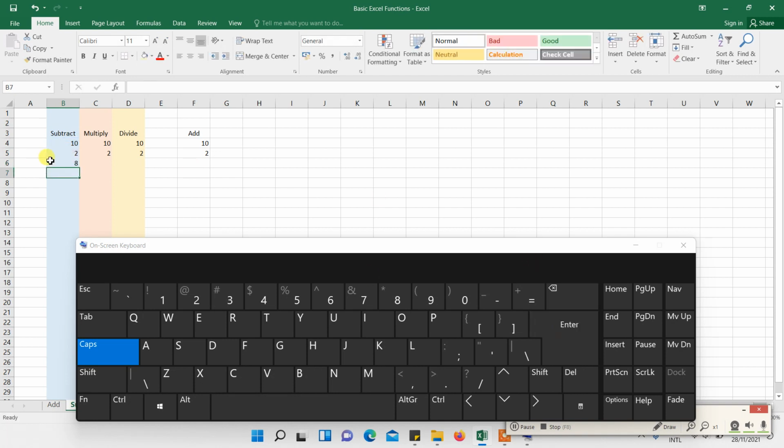Then you will arrive at the answer. So this is the subtraction, and similarly for multiplication,